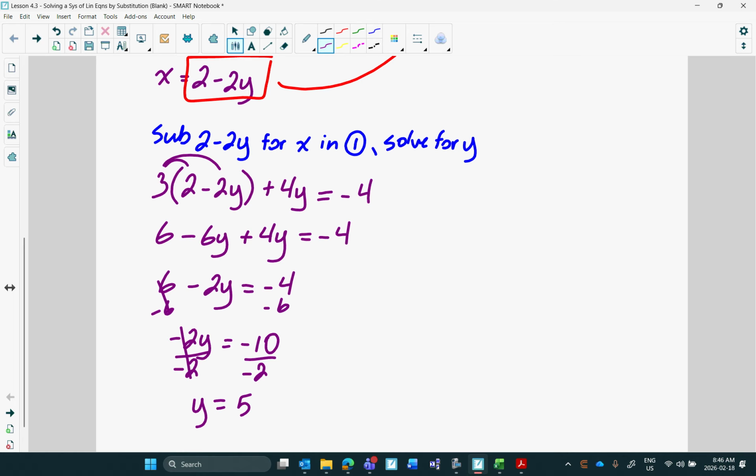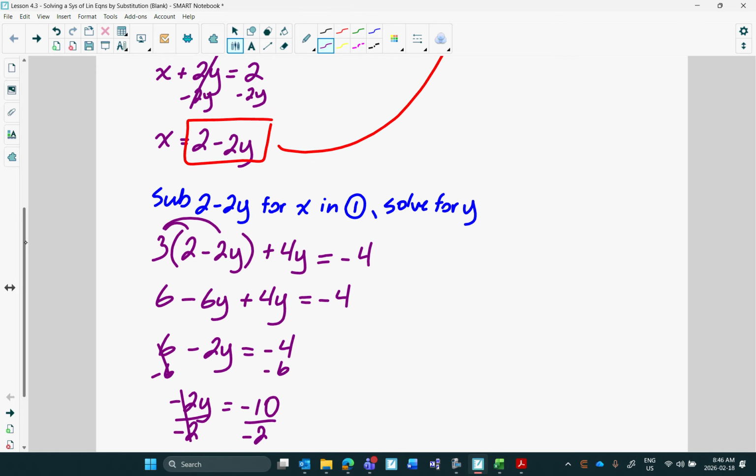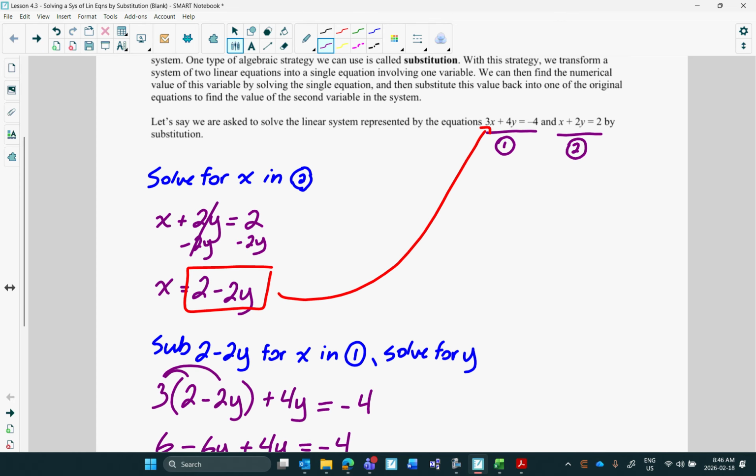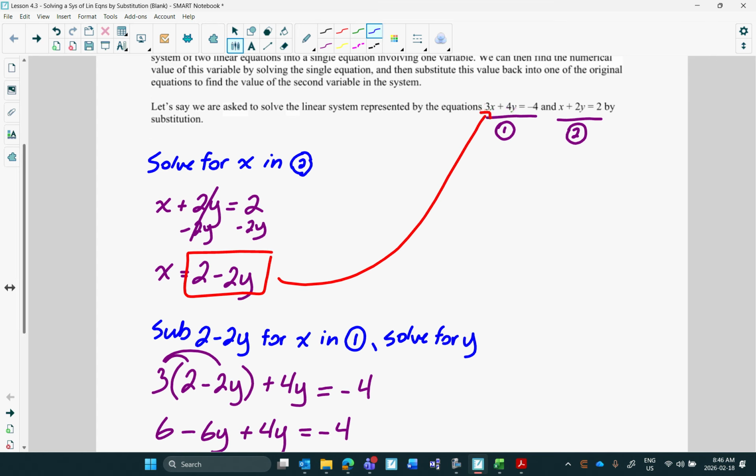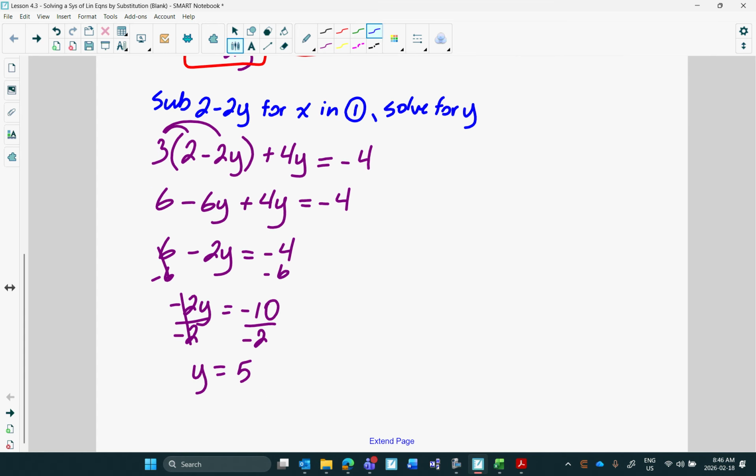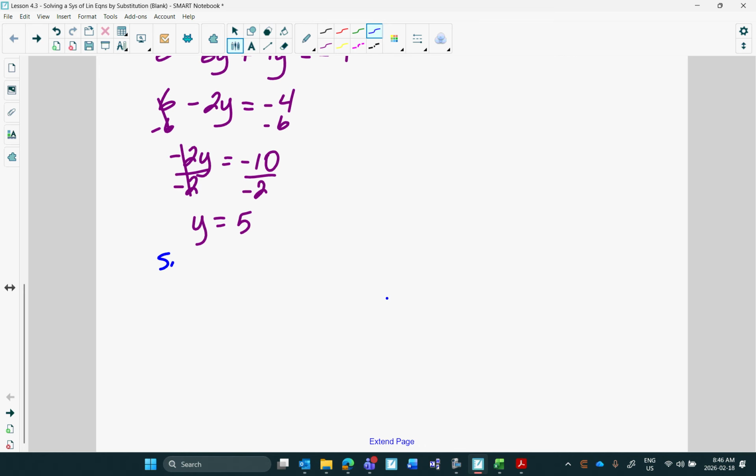Now that I know the y value, how do you think you'd go about finding the x value? Plug it in. Yeah, plug it in to one of these. It doesn't matter which one. Because I know that y is now 5, so I can substitute y equals 5